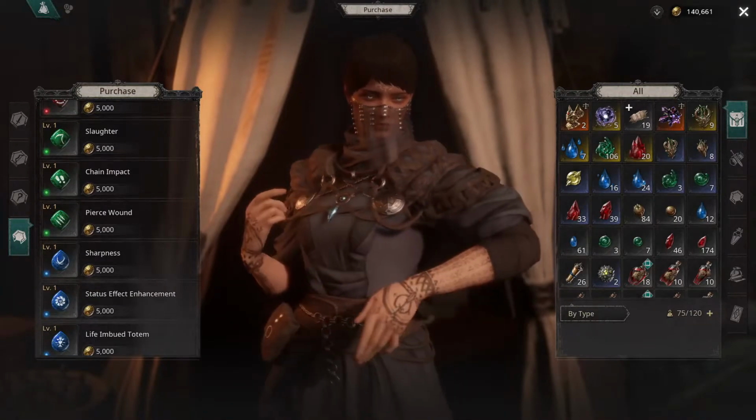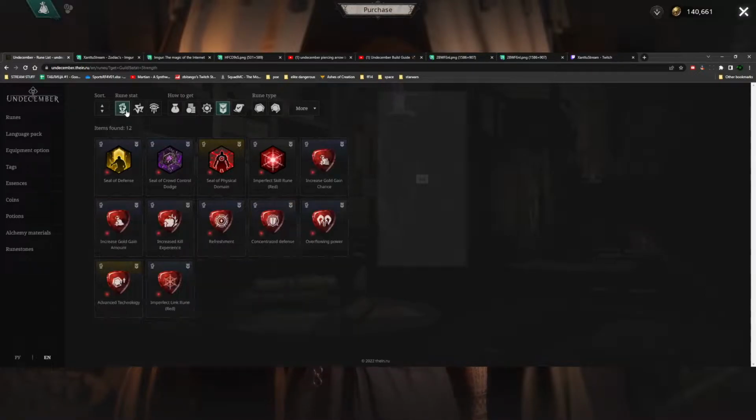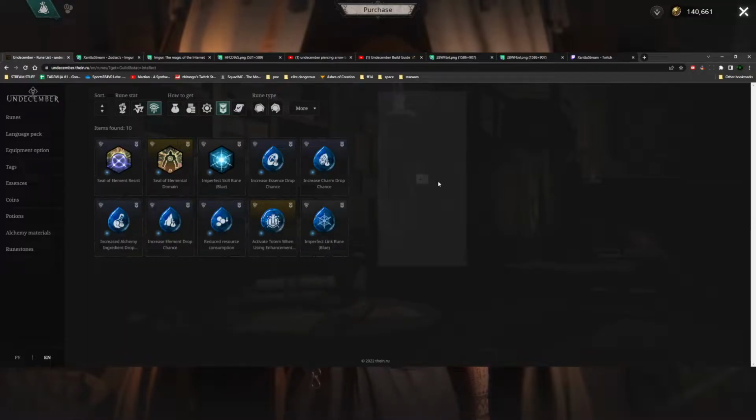I'll put the link in the description below. But if you pull this website up, you can see here, let's say I want a guild only rune, and I think it's blue. Yeah, so like this one, right? Reduced resource consumption. A lot of people need this for their auras or their buffs. The only way to get this is to join a guild. You do donations and stuff to the guild, whether it's guild tokens and or gold, and you get